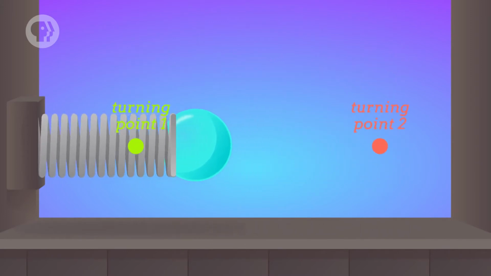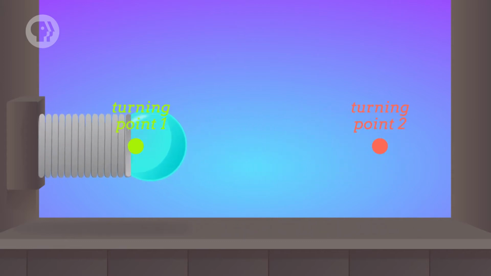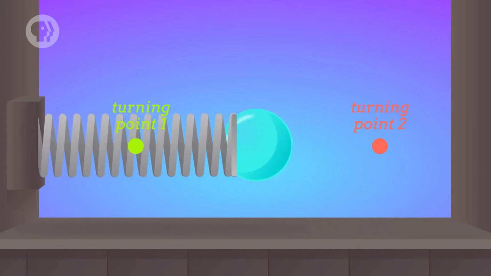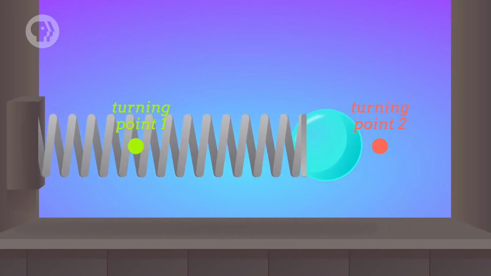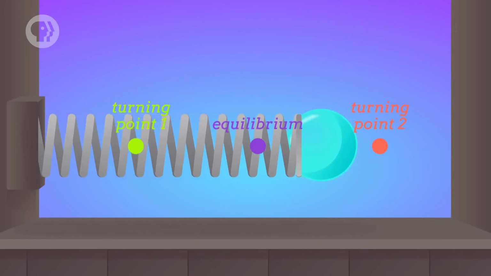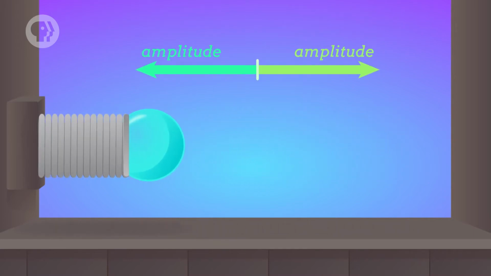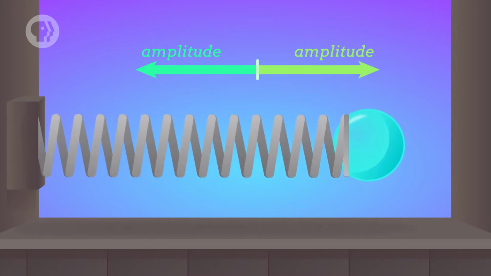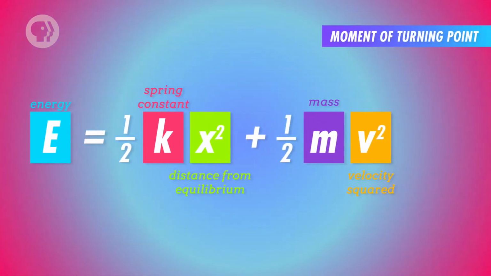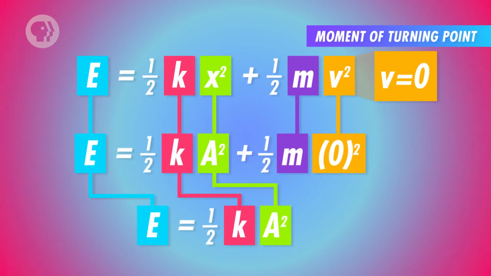Kinetic energy is the energy of motion, and as the ball moves, there are 2 points, the turning points, where it's not moving. One point is where the spring is compressed all the way, and the other is where it's stretched all the way. And the distance between either of these 2 points and the equilibrium point is called the amplitude. At those 2 turning points, the ball won't have any kinetic energy since it isn't moving. Instead, all of the ball's energy will be potential energy from the spring, half of the spring constant times the